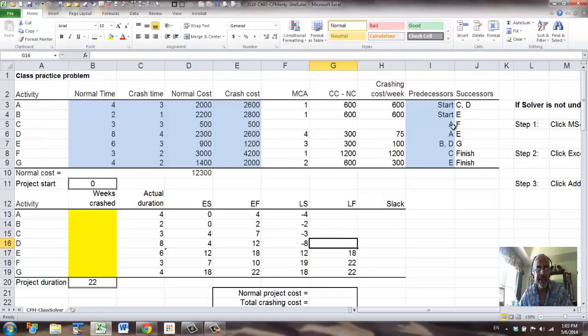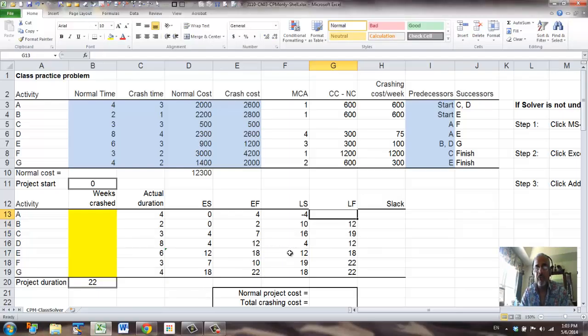For D, E's start time is the finish time. For C, it's F, so F's start time is its finish time. For B, it is E.